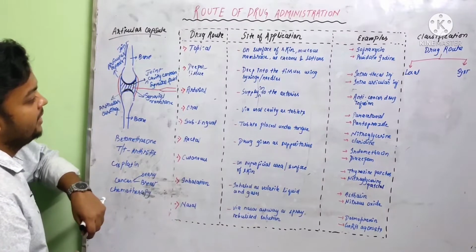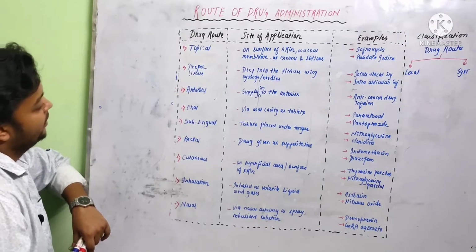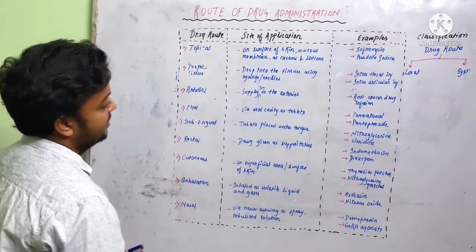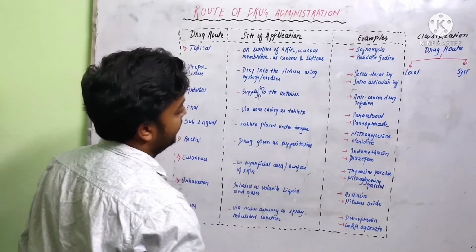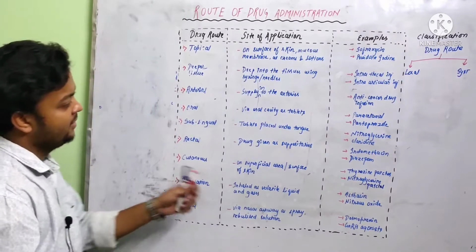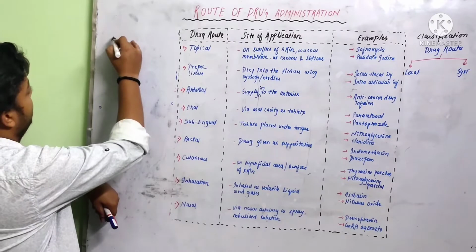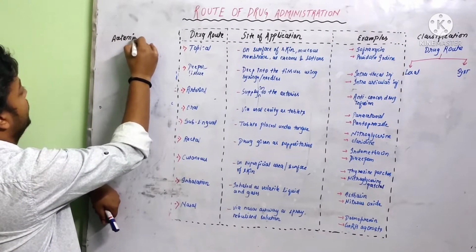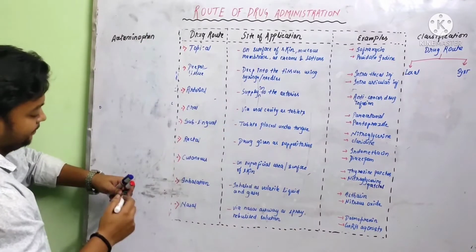Now let's move on to the next, that is the oral route. In the oral route, the application site is via the oral cavity as tablets, and the first example is a very common one, that is PCM, paracetamol, right? Paracetamol is also called, let's write it down, acetaminophen. So don't be confused if you find the word acetaminophen, it means PCM.